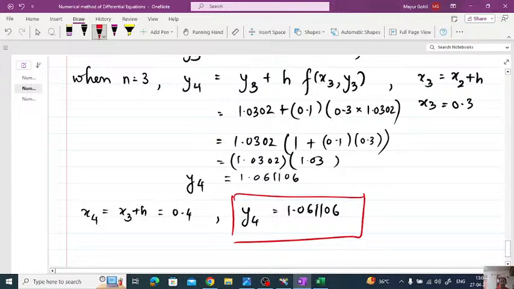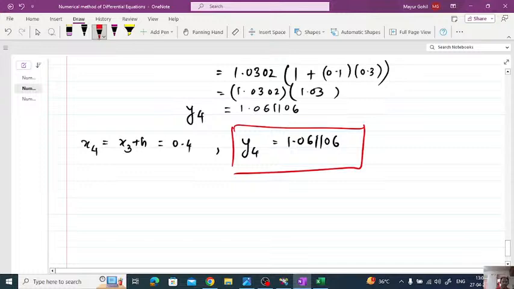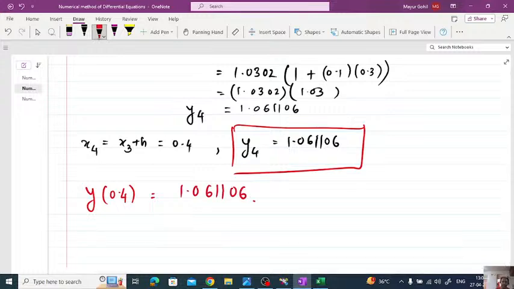So we found what is y4 when, so y at 0.4 is nothing but 1.06110. So this is the required answer. I hope you got this, समझ में आ गया होगा आपको। तो ये इस तरीके से डिफरेंशियल इक्वेशन ऑयलर मेथड से सॉल्व होता है। तो ये ऑयलर मेथड थी और काफ़ी इम्पोर्टेंट है। चलो इसको भी हम एक्सेल में देख लेते हैं।